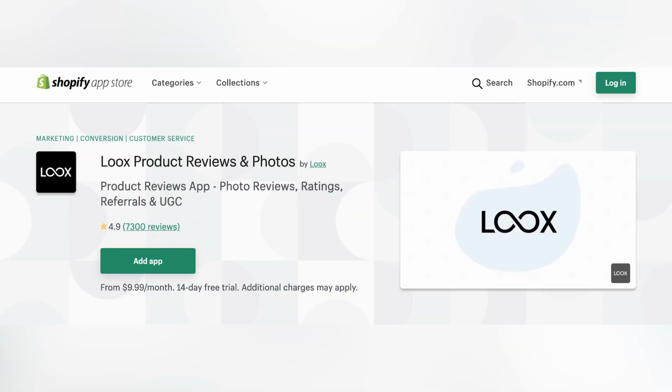Number 7. Loox. With Loox, you can create automatic emails asking customers for reviews and offer a discount once they review. It collects social proof that people trust with photo reviews. When people see photos from happy customers, they will be more likely to buy from your store. Loox allows you to import product reviews from any source, send automatic email review requests, customize your email timing, and create customer review pages. If you just started running your store and don't have many customers, you can also reach out to your friends or family to give you a hand.